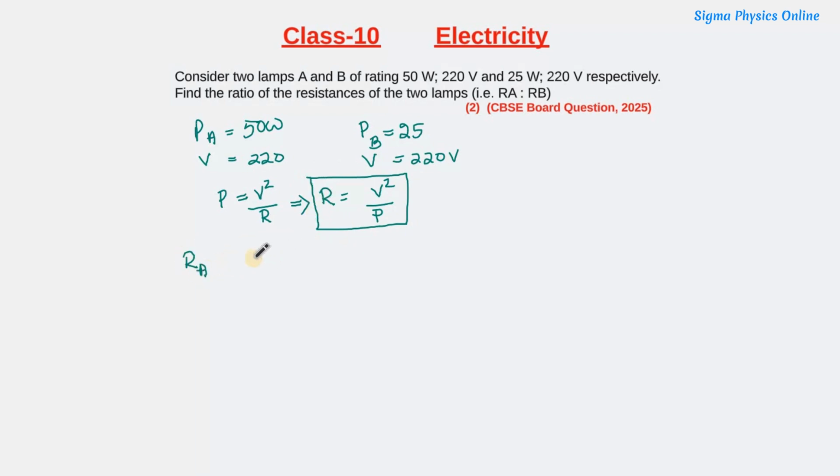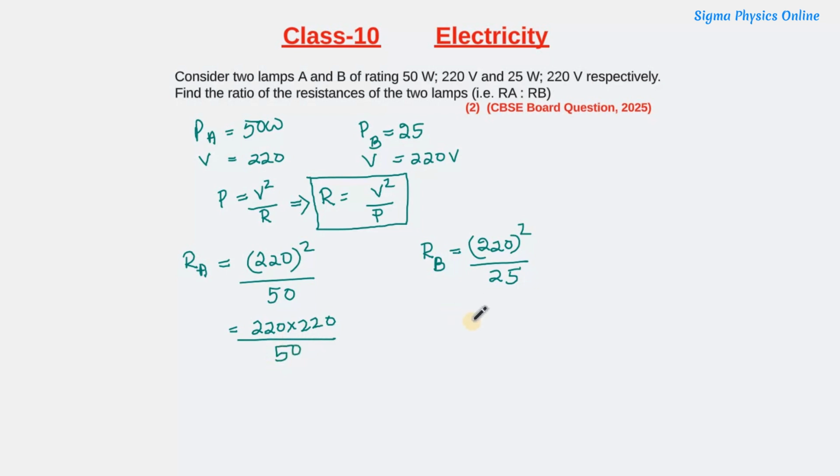Hence resistance of bulb A is V square by P. V is 220, so it is 220 square by the power of the first bulb, which is 50 watt. Similarly, resistance of the second bulb is 220 square by 25. So solving this, it is 220 into 220 by 50, and for the resistance B it is 220 into 220